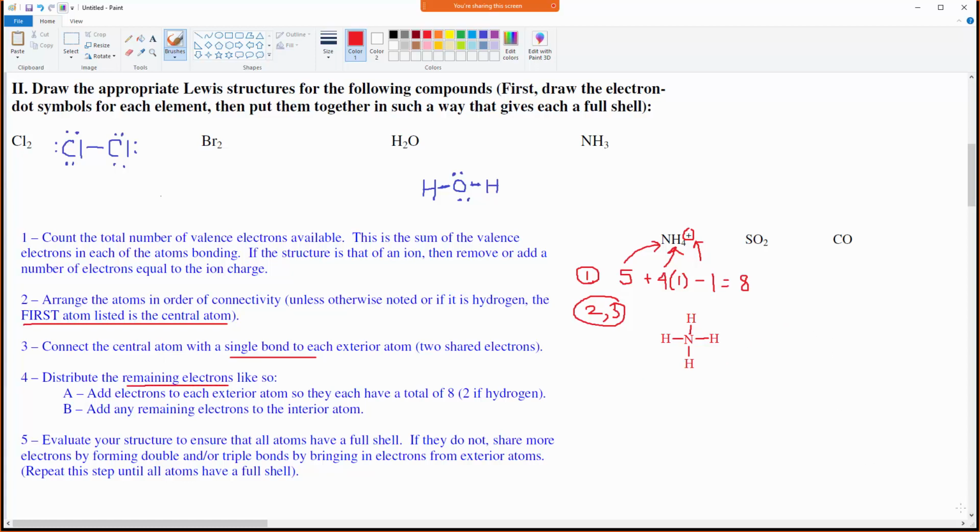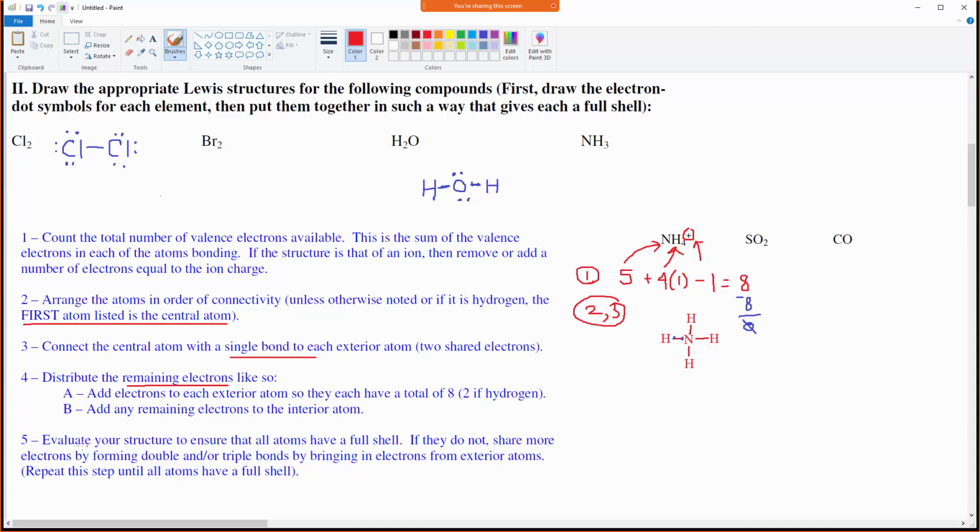So you guys tell me, how many electrons have I used to make single bonds between the nitrogen and each hydrogen? I've used 8. There are 4 single bonds. Good job. 4 single bonds, and each single bond consists of 2 dots, right? Two electrons, which are shared. And so I have actually used up 8. I don't have any more electrons. I'm out of electrons. Ooh, okay. Well, that means I'm going to skip step 4 because I don't have any remaining electrons to distribute, and just